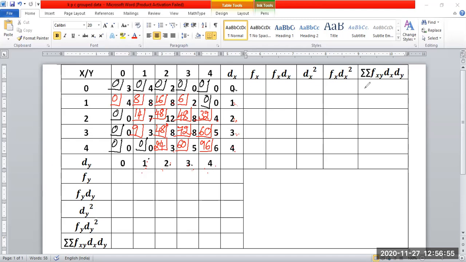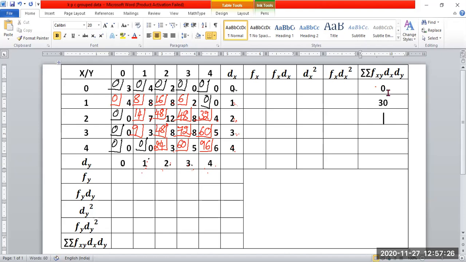Now row total should be the summation of fx by dx dy. Column total is the summation of fx by dx dy. Let me go for this total. This total is 0, no problem, because all numbers are 0 plus 0 plus 0 plus 0. Next, we should add 14 plus 8 plus 16 plus 6, that is